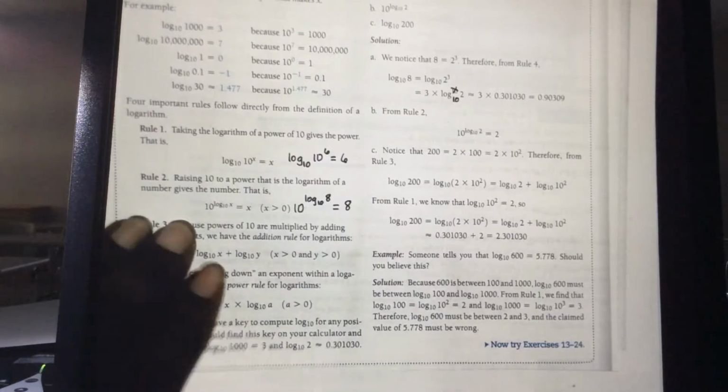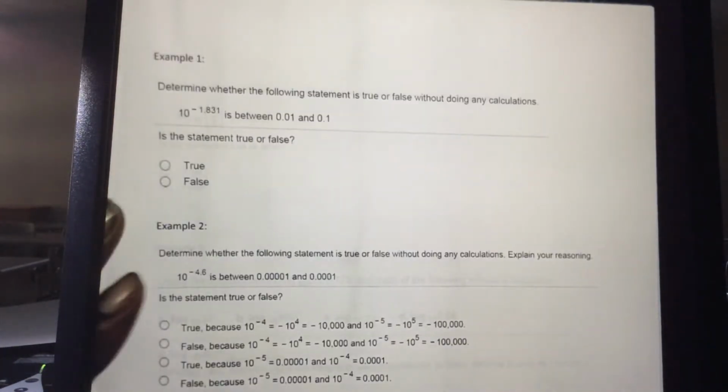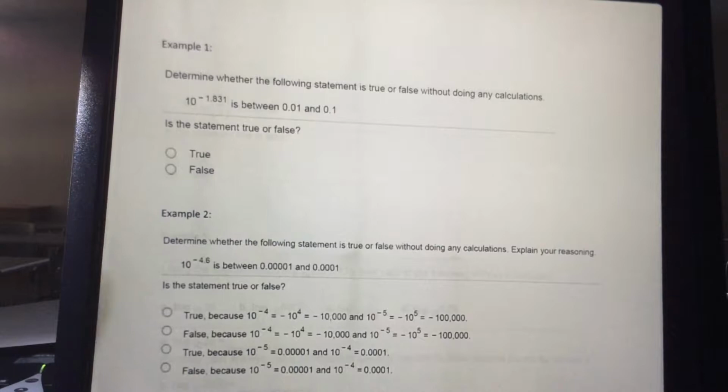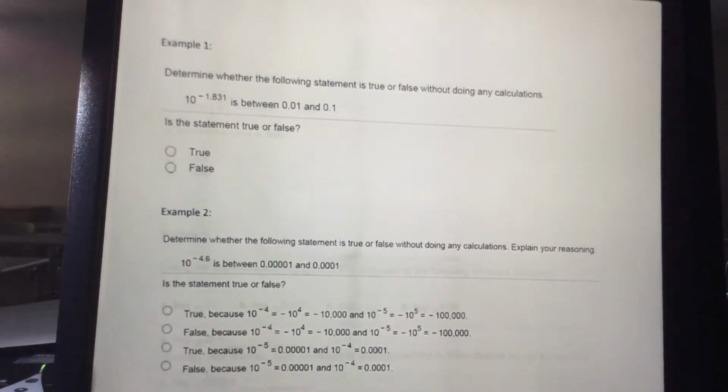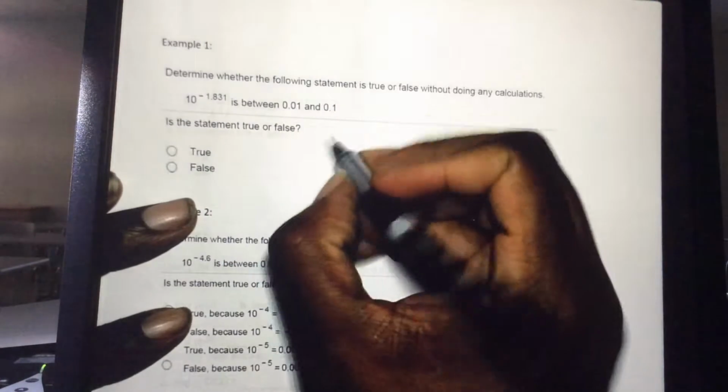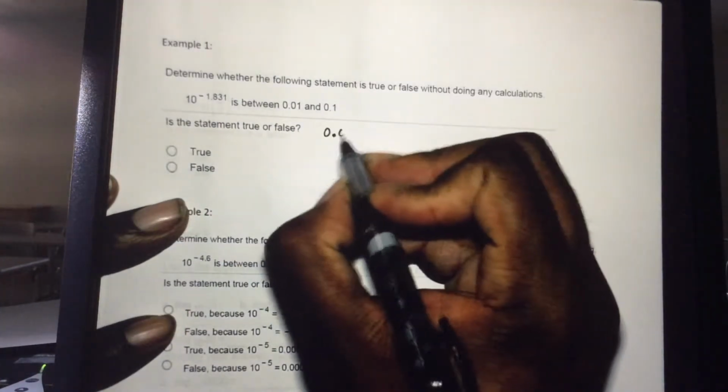Okay, let's start this with some examples. Here we're going to determine whether the following statement is true or false without doing any calculations. Like 10 to the negative 1.831 is between 0.01 and 0.1. Now let's think about this for a moment. If I write 0.01